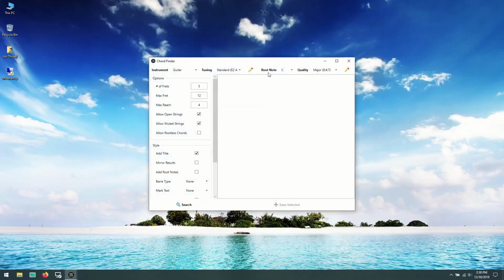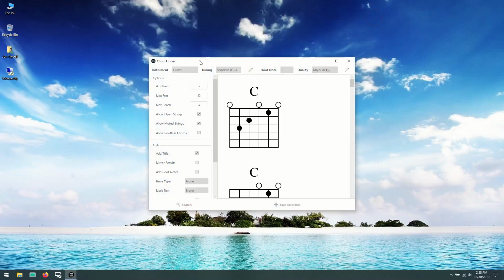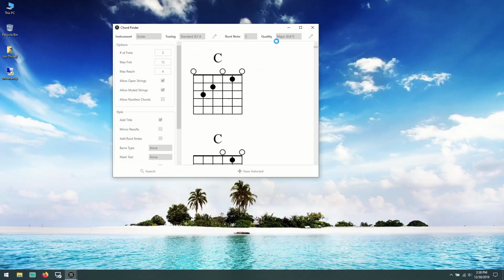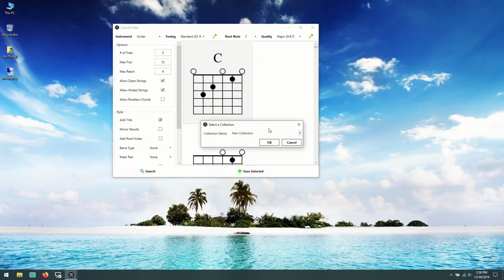If I went into the chord finder, did a search, I don't know what this is set for. C major guitar, C major chord on a standard tuned guitar. Let that run. And I save that selected into that collection we used before, style editor tutorial. Even though it looks like this in here, a vertical diagram with no border,